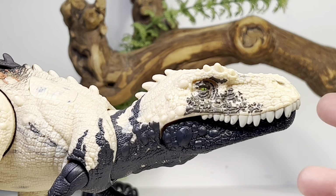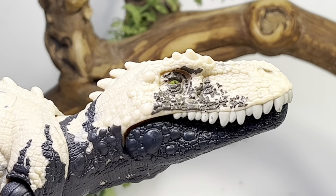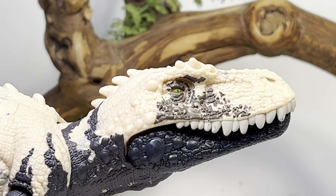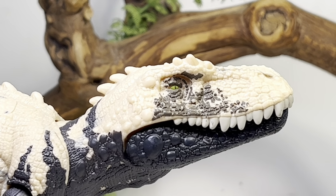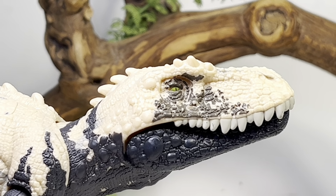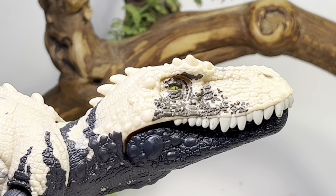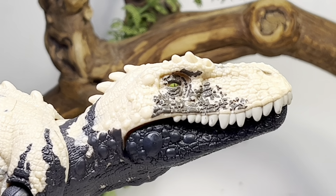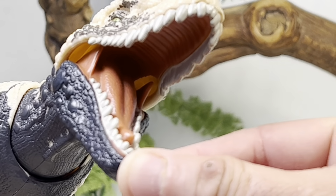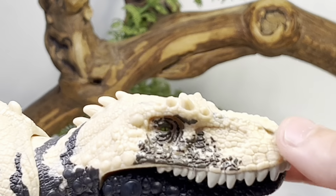Now let's zoom in and take a look at some of the finer details on this figure, starting with the head. Like I keep saying, this is a very interesting looking figure. I think that cream color really takes away from all the details and makes the figure look very flat. You can see a lot of nice scalation on the head. You have some large osteoderms and spikes above the eye. The eye is painted green with a black slit pupil. You have big goofy teeth along the mouth. They go almost just past the orbit, which is inaccurate. I just think that makes the dinosaur look really goofy. You have smaller teeth inside the mouth, and then inside you do have a nicely textured tongue, all cast in pink plastic. Even the roof of the mouth does have some pink in there,